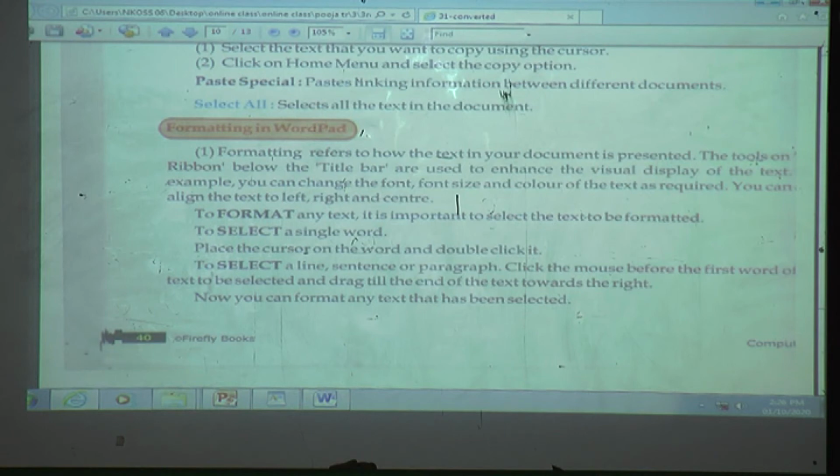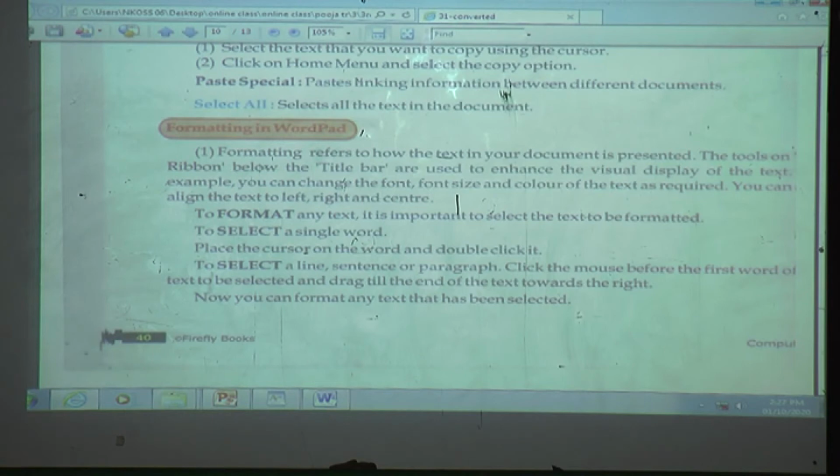The tools on the ribbon below the title bar are used to enhance the visual display of the text. For example, you can change the font size and color of the text as required. You can align the text to left, right and center.